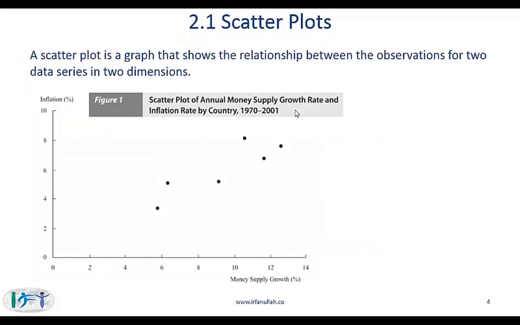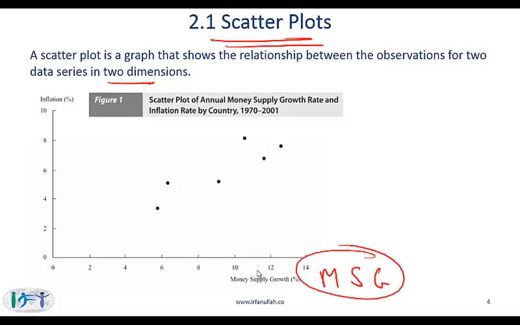All right, first a very basic idea of a scatter plot. A scatter plot is a graph that shows the relationship between the observations of 2 data series in 2 dimensions. If we take a very simple scenario, and this has been taken from the curriculum, where we have several countries, we don't really need to know what the countries are, but somebody looked at 6 or 7 countries and saw whether there is a relationship between money supply growth rate, something that you study in economics, money supply growth rate